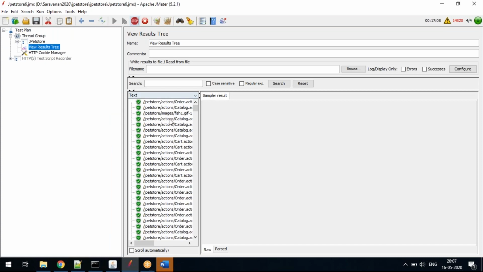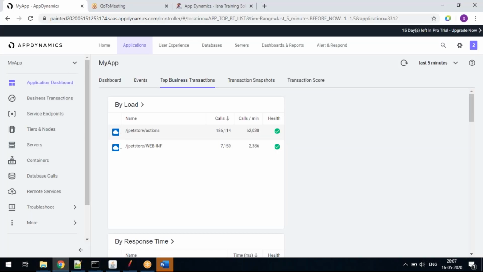You can see there is a JMeter script currently running. That is actually creating a load in AppDynamics, which is a synthetic load creation. There are people who will ask this question also: if I am running a 1 hour test or 2 hour test in LoadRunner and JMeter, whether I am able to see the data in AppDynamics or not. So that is also covered in our course content. We are going to have an integration of LoadRunner and JMeter with the AppDynamics tool.